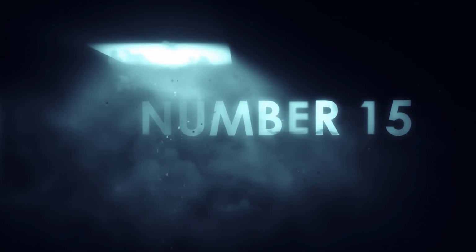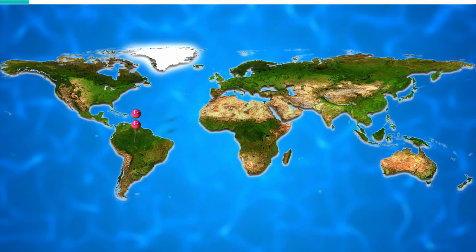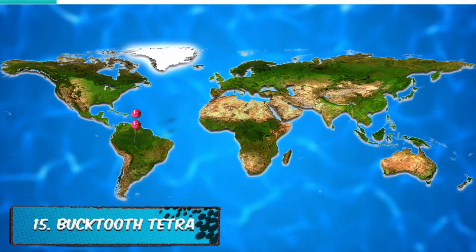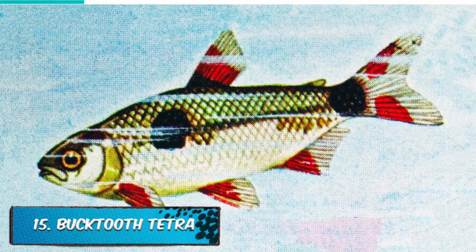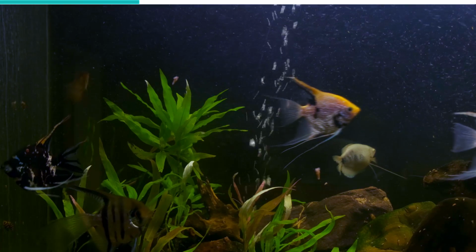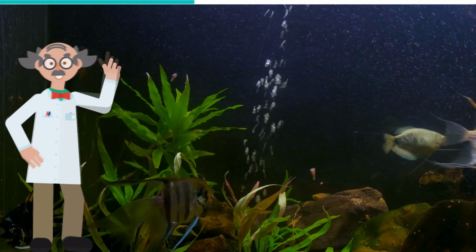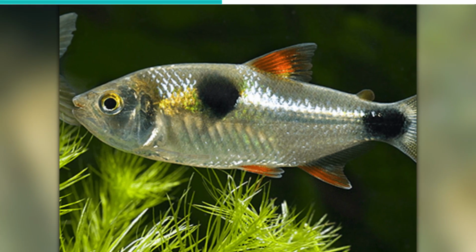Number 15. Buck-toothed tetra. Native to the Amazon basin and Guyana. It is light tan in appearance with 2 distinct black spots and can grow up to 4.7 inches in length. The buck-toothed tetra is unsuitable for aquariums because it is very aggressive and will attack any and every fish in